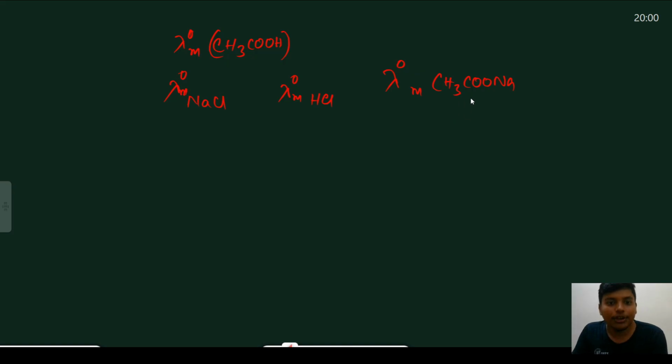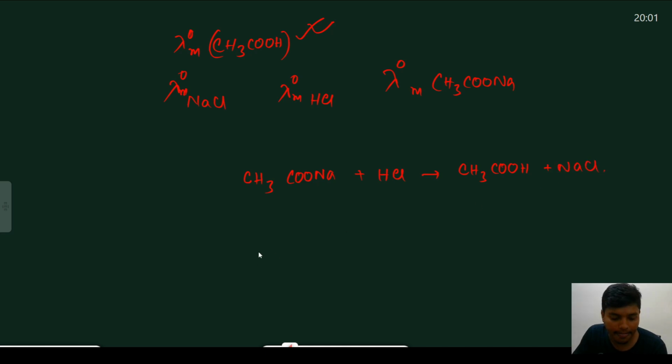So how to find this? You can easily say, sir, CH3COONa plus HCl is equal to CH3COOH plus NaCl. Yes or no? So lambda of CH3COONa plus lambda of HCl minus lambda of NaCl